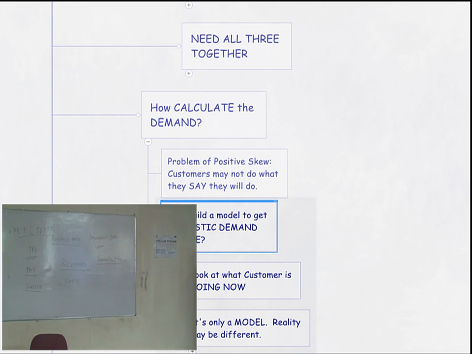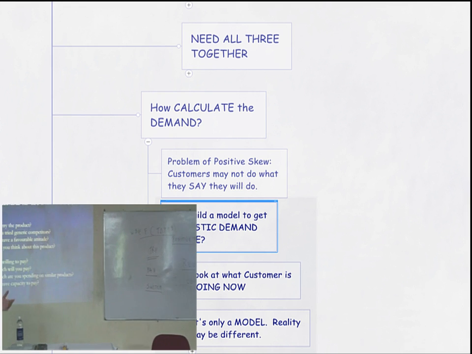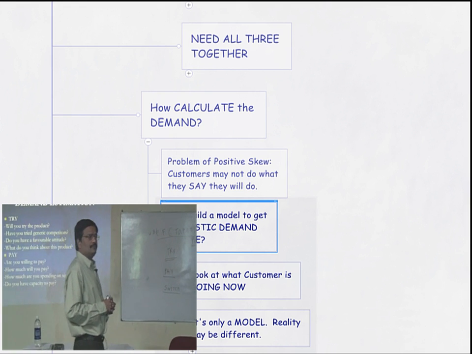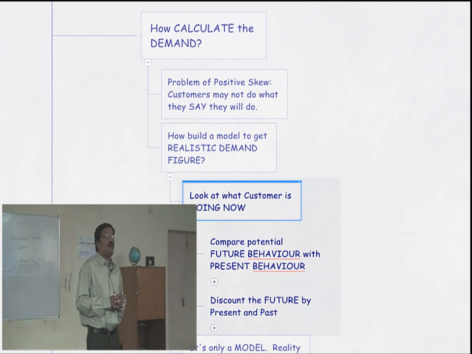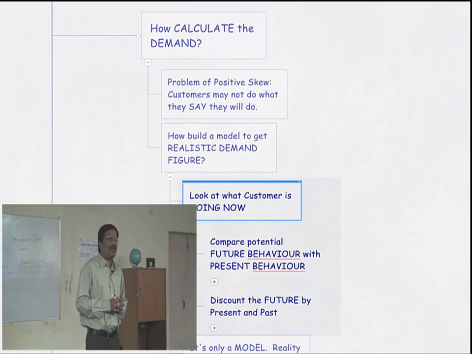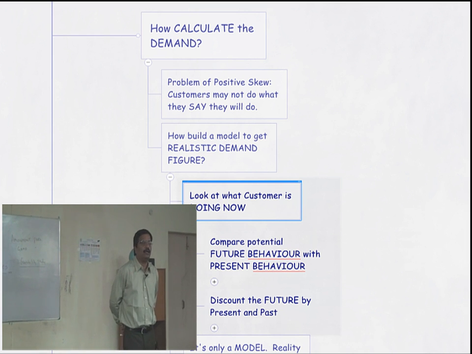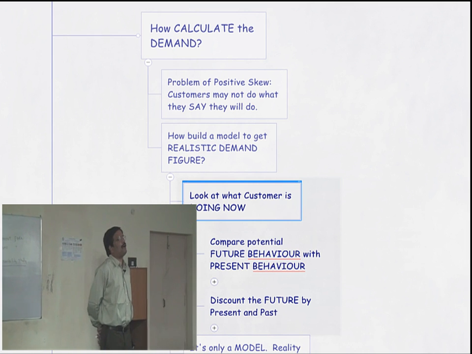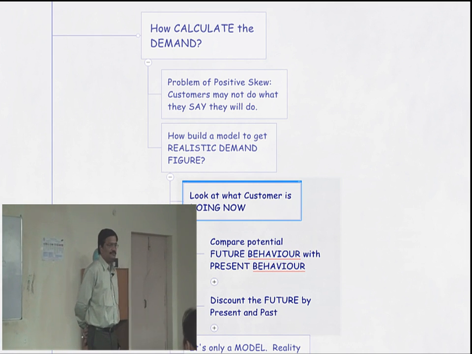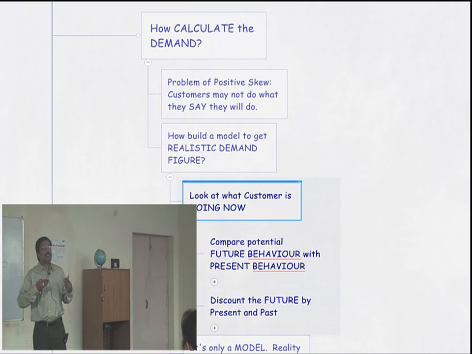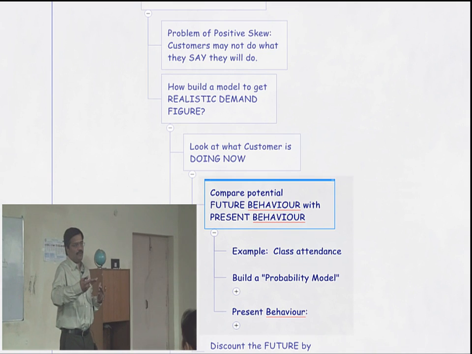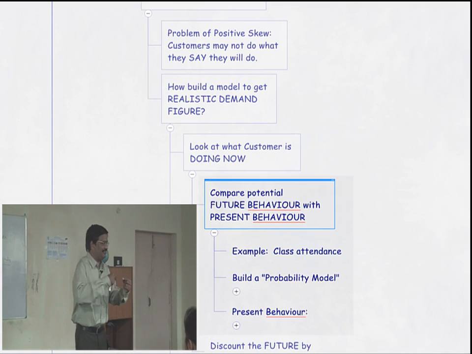When somebody says I am willing to try, I look at it and say, okay, what is he doing now? For example, I would like to go to your amusement park. You may like to check, is he actually going to any park at all now or not? Suppose the fellow doesn't even go to a park. Then the probability of his going to an amusement park is much less. So what we do normally in these cases is compare his potential future behavior with his present behavior.